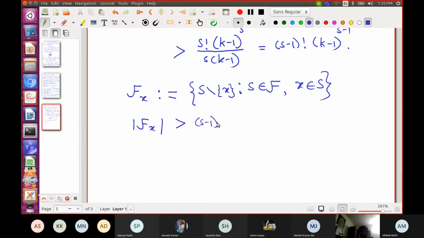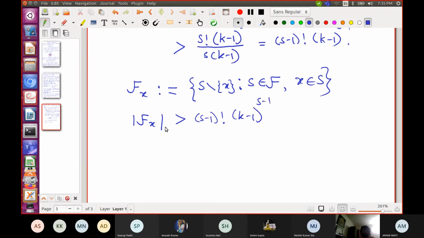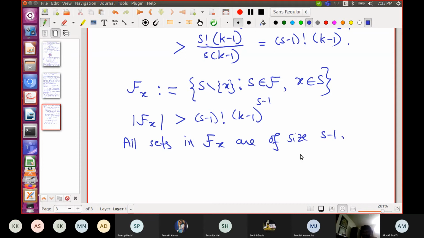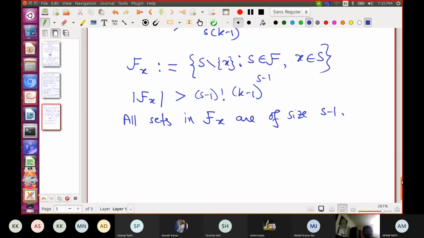We just showed that the size of Fx is strictly more than S minus 1 factorial times K minus 1 to the S minus 1. Also note that all the sets in Fx are of cardinality S minus 1. So the inductive hypothesis is applicable to Fx, and we assume that it's true for S minus 1.